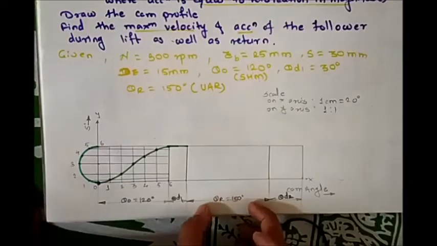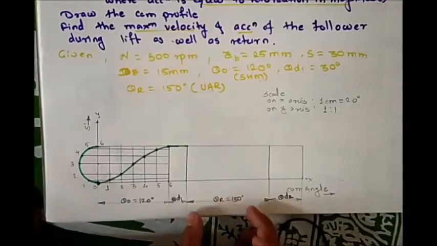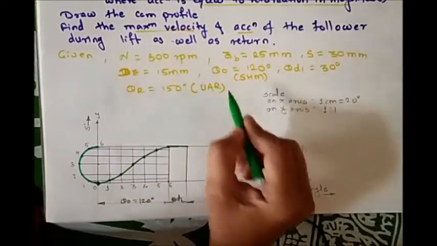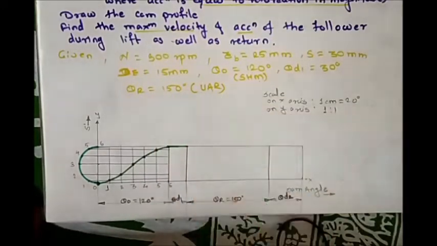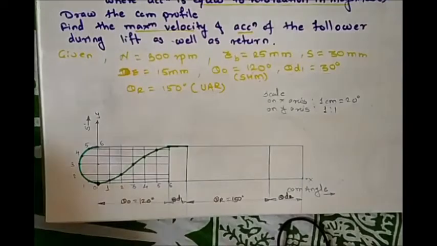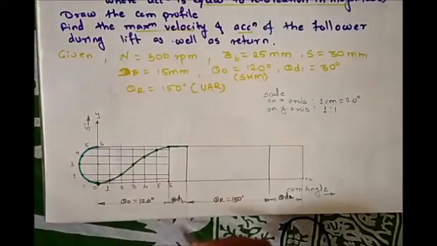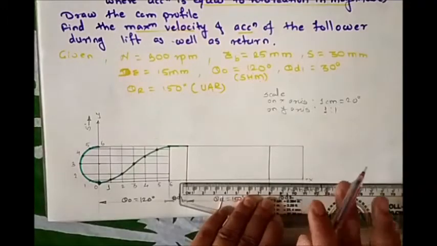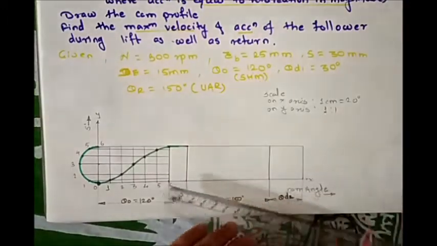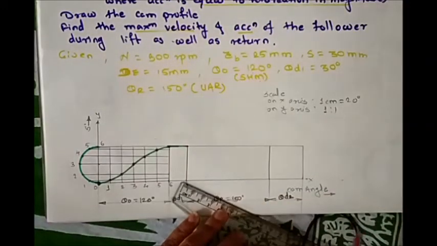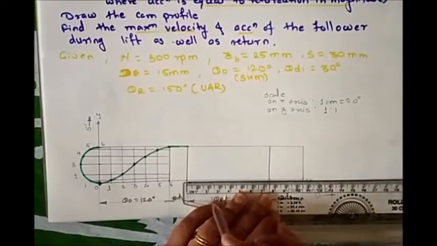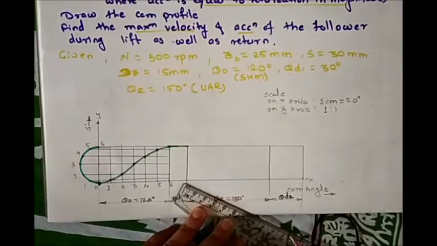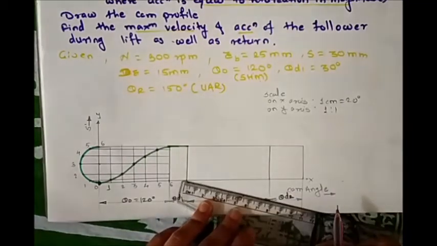Now next, for the return stroke, this follower has uniform acceleration and retardation, and the acceleration is equal to the retardation in magnitude. So in that case, just divide this outstroke into an equal even number of parts, say 6. So let's divide this into an equal even number of parts. Now as we know, this length of outstroke is 7.5. This is an odd one. So for that, I am going to make some construction right here.